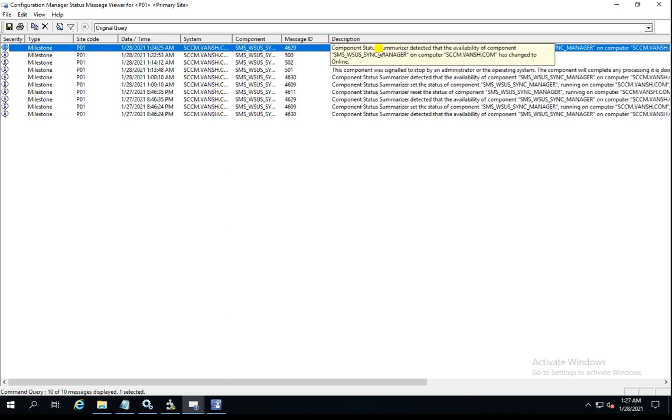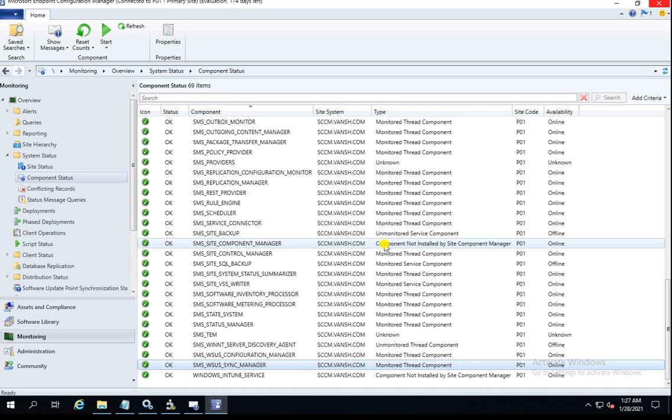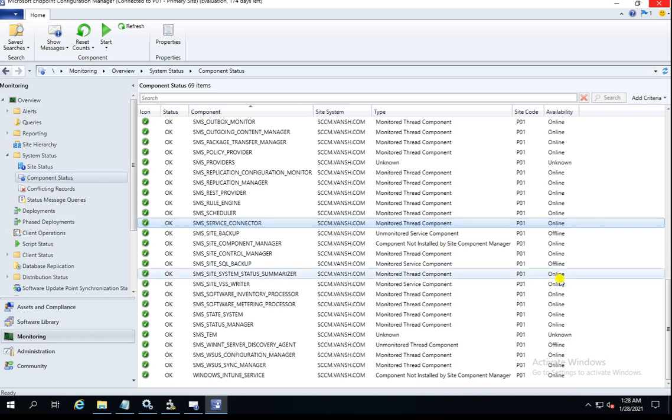That is how you can identify what the issue is and how you can troubleshoot. Let me give you another example, and there are a lot of things here, like MP is not working, your WSUS is not working, your DP is not online, or it's showing any error.